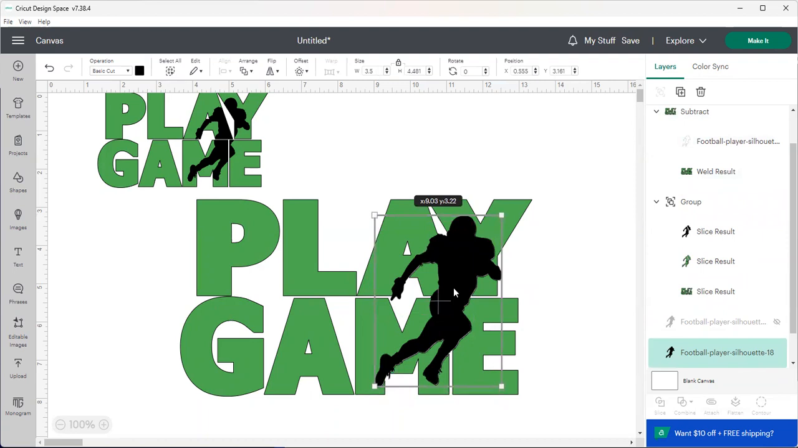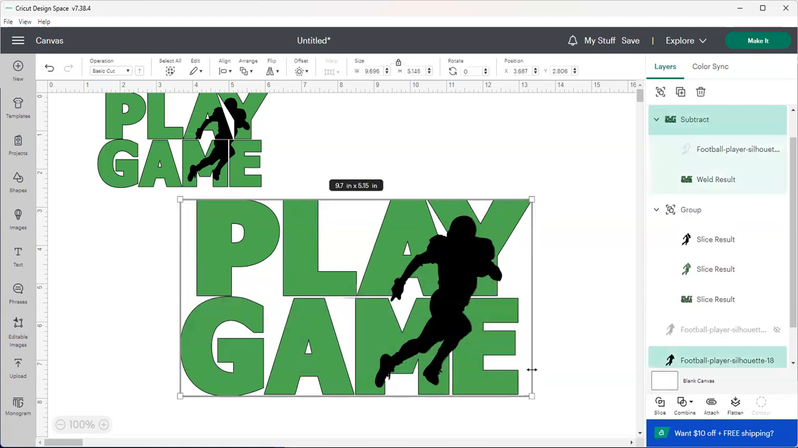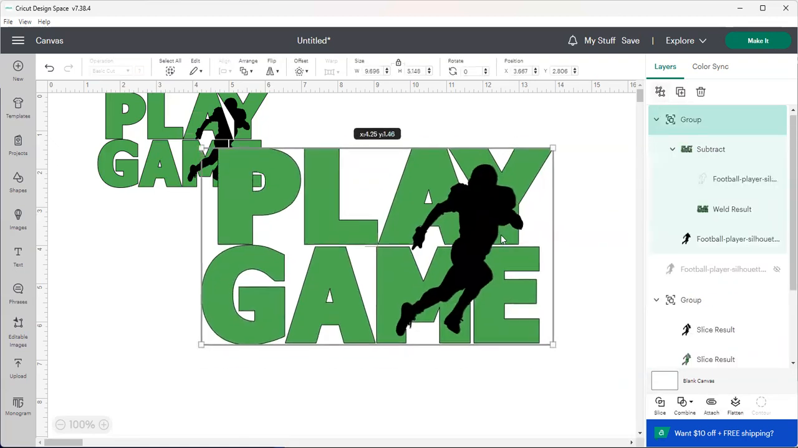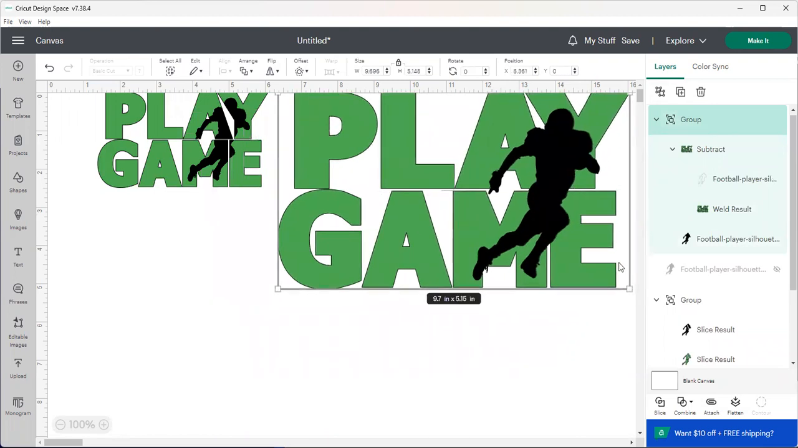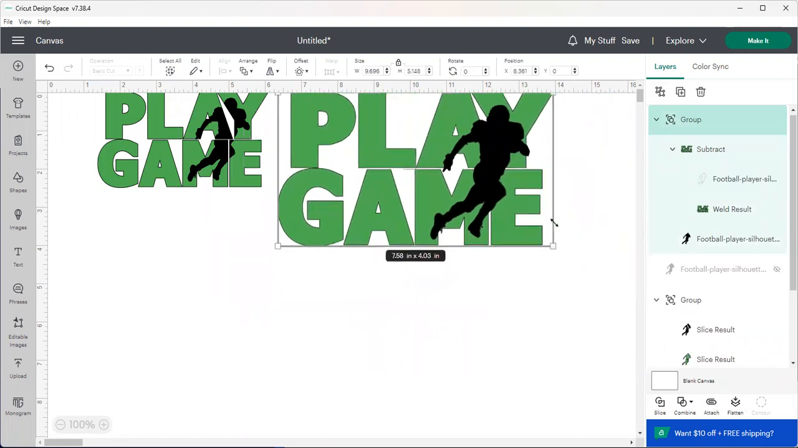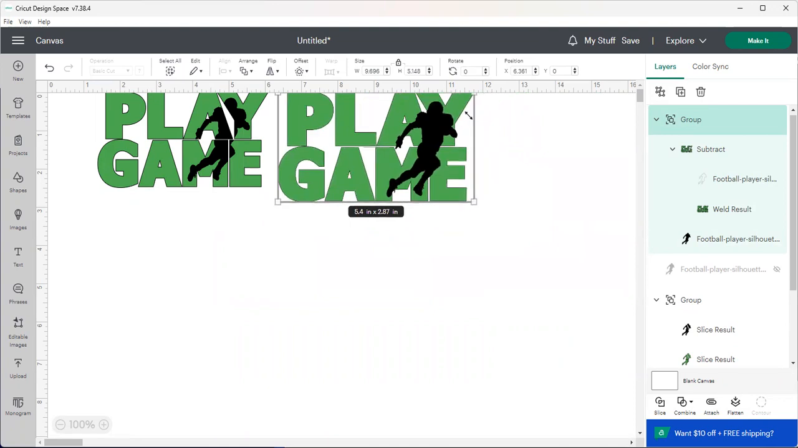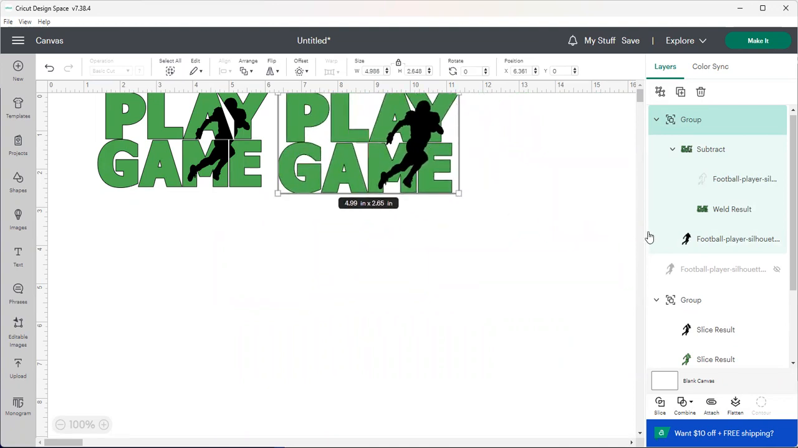And then all we have to do is move him in place. And then you highlight it and you group it. That way nothing will come undone when you move it out the way. Okay, so our last one is